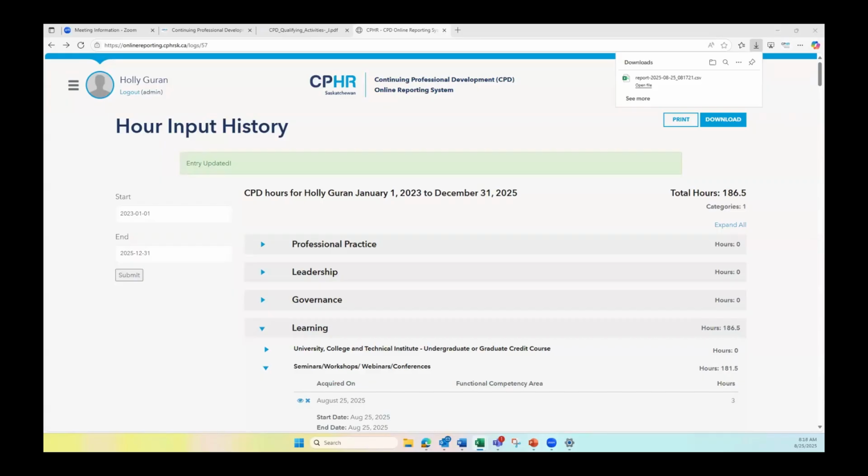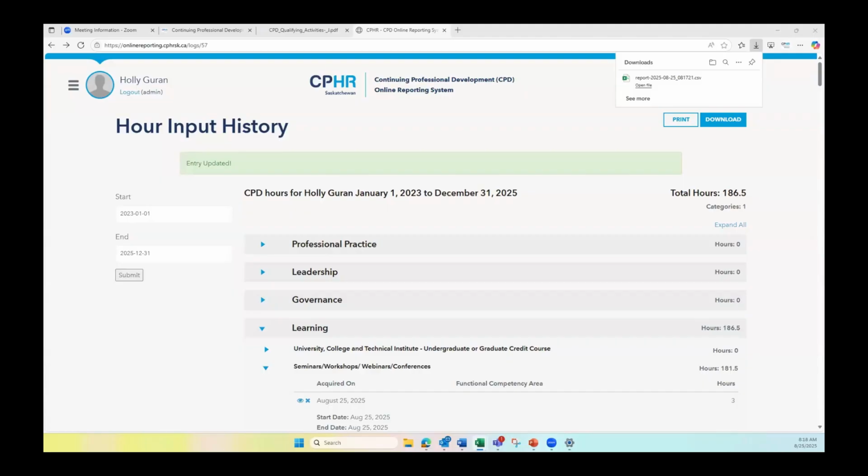So I have met more than enough for the minimum requirement of 60 CPD hours. For the annual requirement in 2025, I needed a minimum of 10 hours, which I've also exceeded. And then I needed to take ethics this year. So it shows that I have ethics and I have met the requirements.